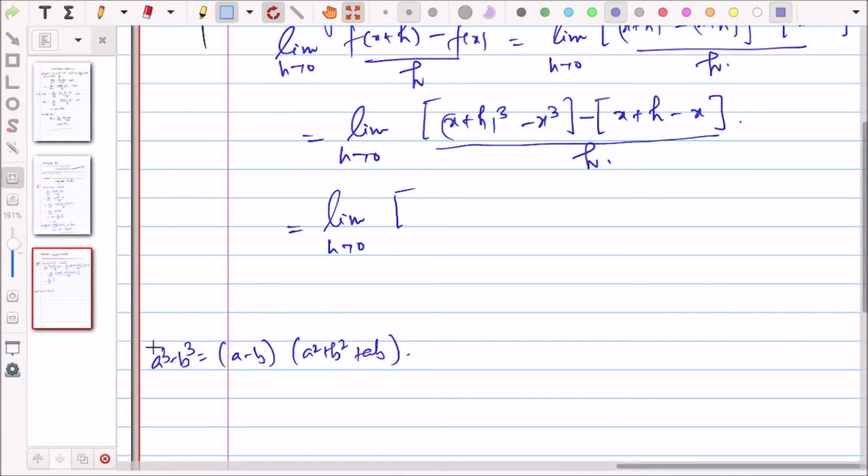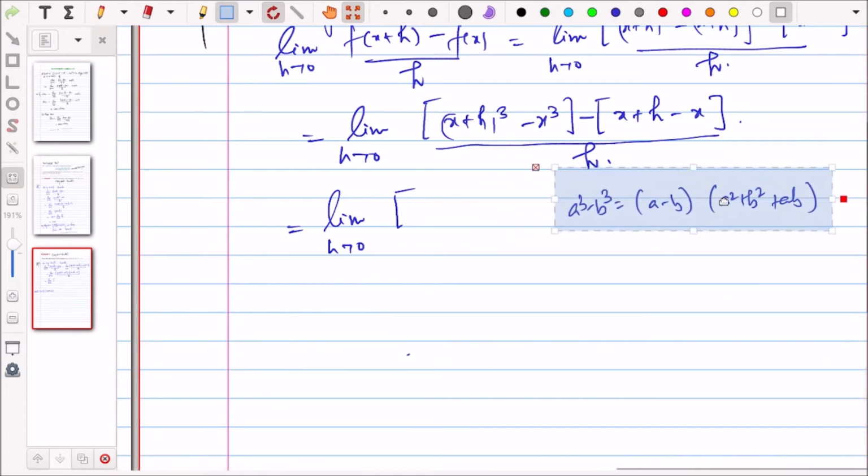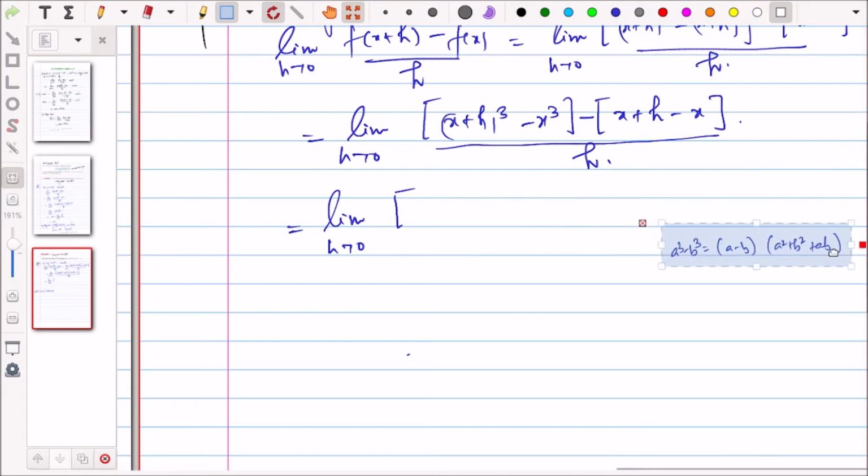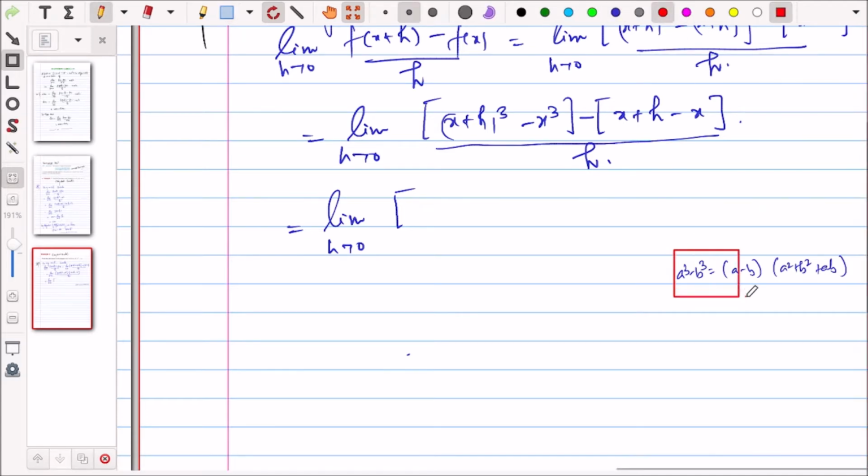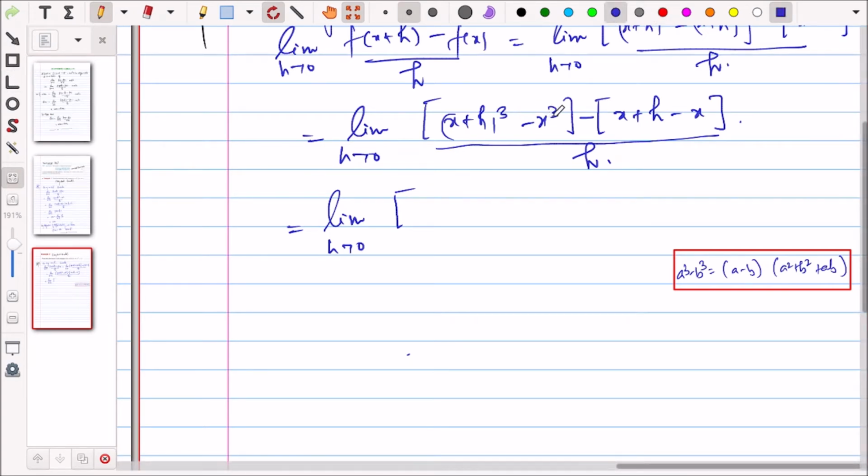So this is the formula. So this will become (x plus h minus x), which is equal to h times (x plus h) whole square plus